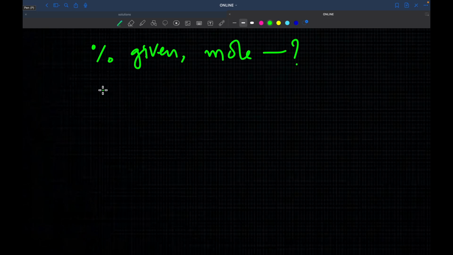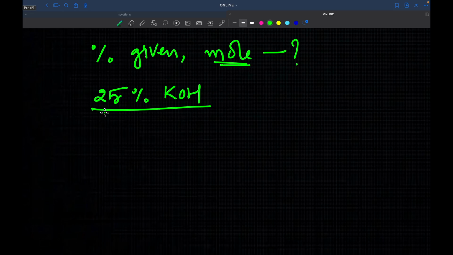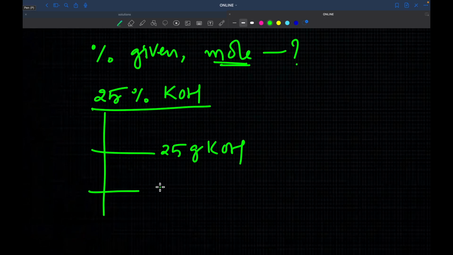Right, so we'll take one more example: 25% KOH. So how many moles of KOH is present? First you have to distinguish: how many grams of KOH is present? 25 grams of KOH is there. How many grams of water is there? 75 grams of water is there. If you are given mass, you can calculate the moles. So moles of KOH